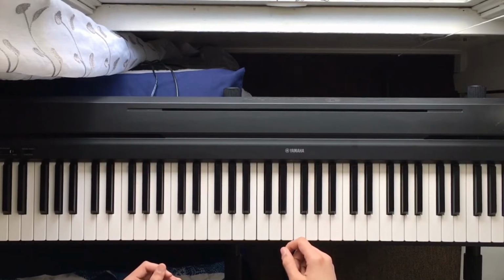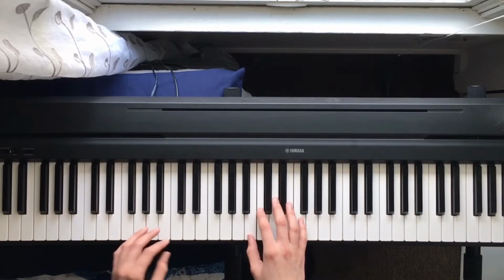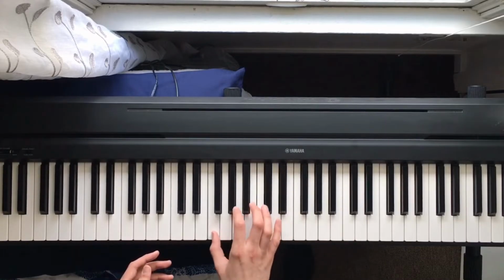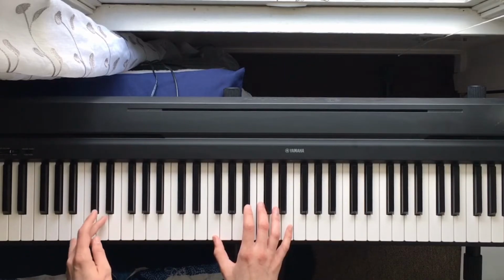Now, of course, we're going to move on to the part where he starts to sing, I just want you. This is where he really starts repeating it, and the song gets really special at this point. This part is really similar to the previous parts that we played. It's not too complicated. So let's just take a listen, and this is where he starts saying, I just want you,